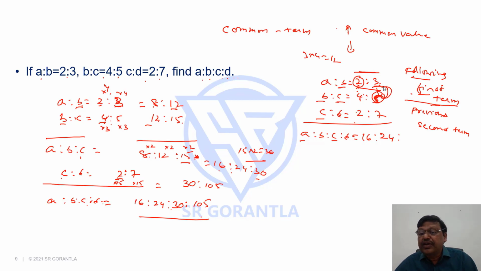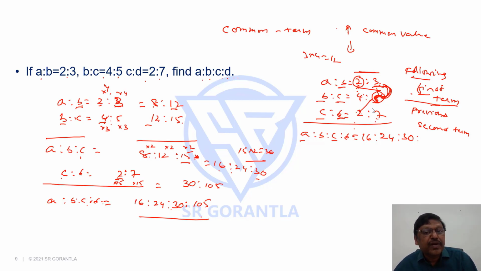So, 5 into 3, 15, and following ratio first term 2. Previous ratio second term, following ratio's first term. So, 5 into 3 is 15, into 2, 30. And take the corresponding value for D, 7. There is no ratio to follow, only previous ratios.